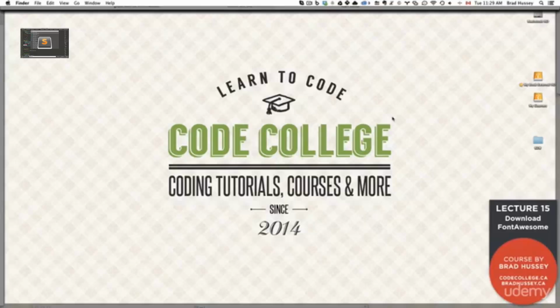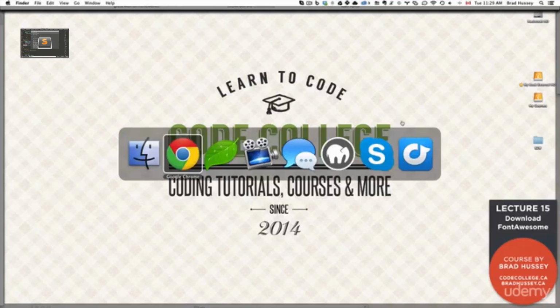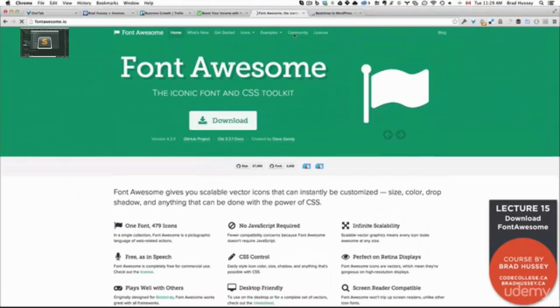Okay, so in this lecture, we're going to install something called FontAwesome. If you don't know what FontAwesome is, it is a font that lets you use icons. Your icons are vectors, so they're not blurry like bitmap graphics. This is the FontAwesome website, fontawesome.io, and you can scroll through and check it out if